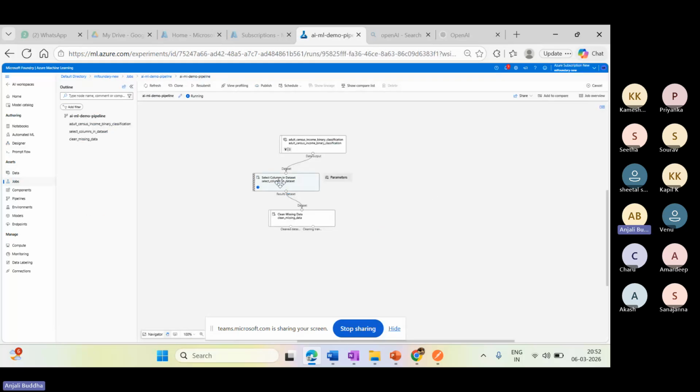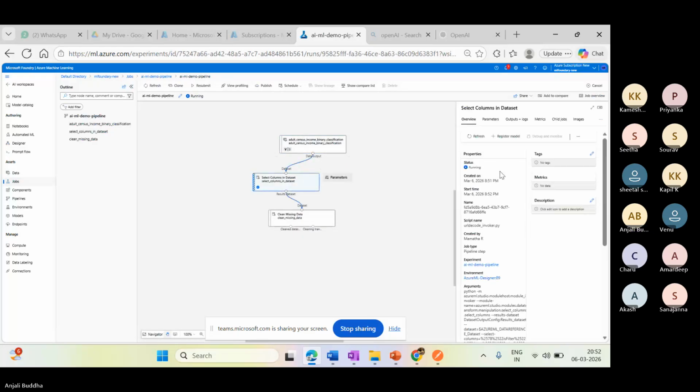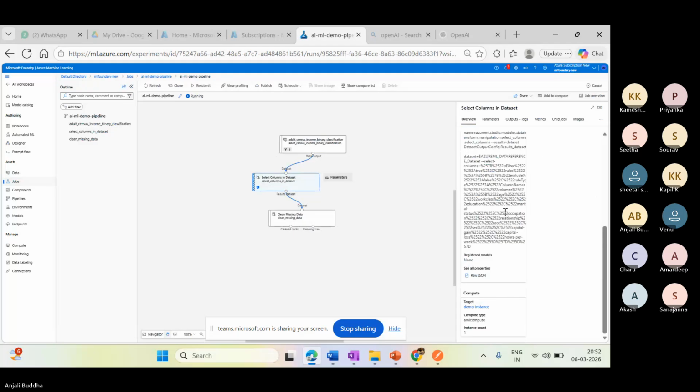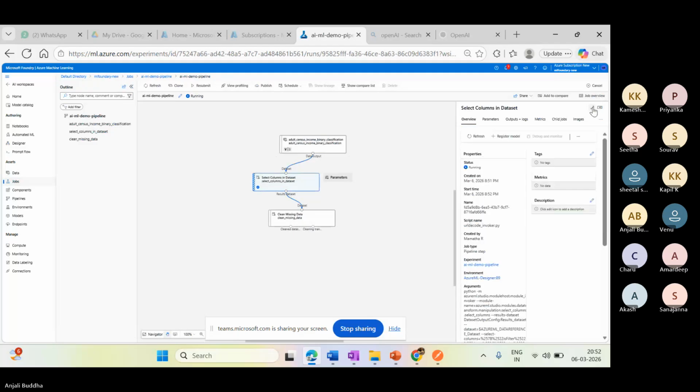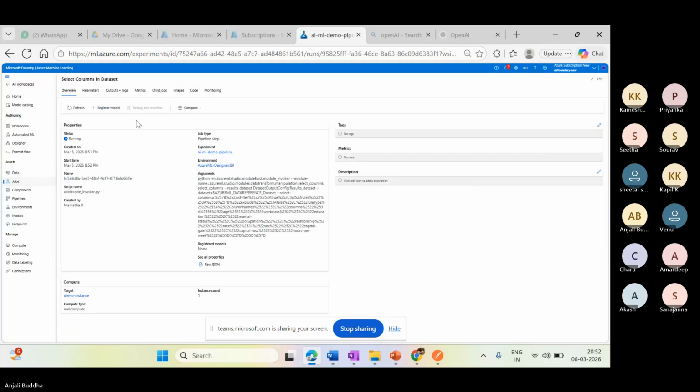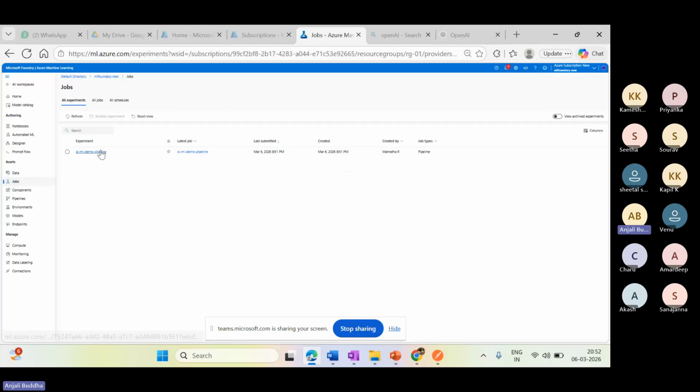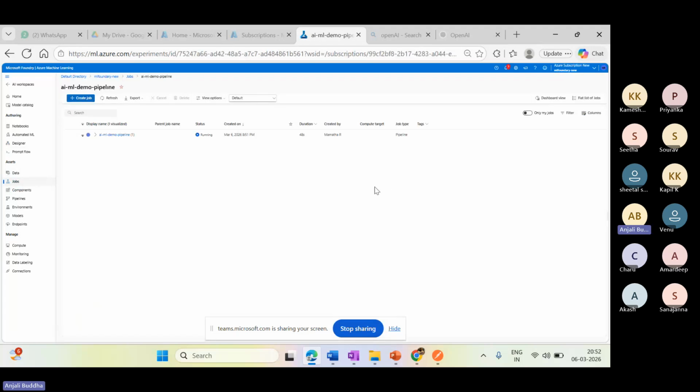See, it's running. This step is being completed. Now it is running. It will try to select the components. Again, I am telling you, you need not be an expert in this.